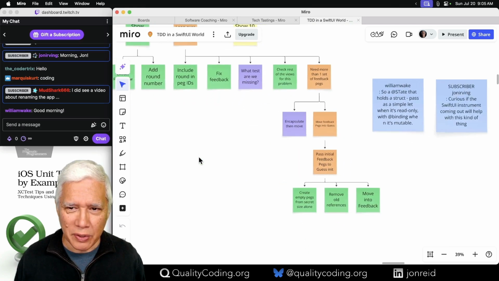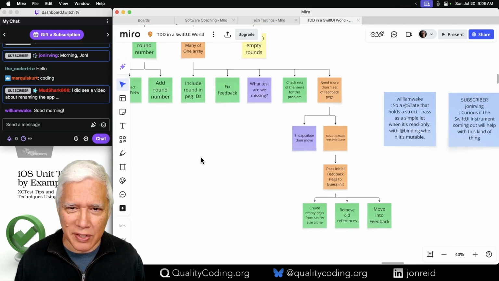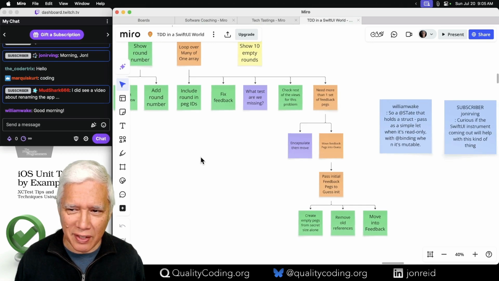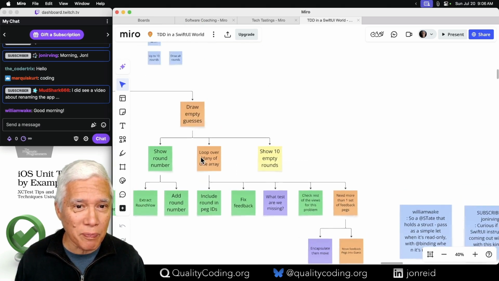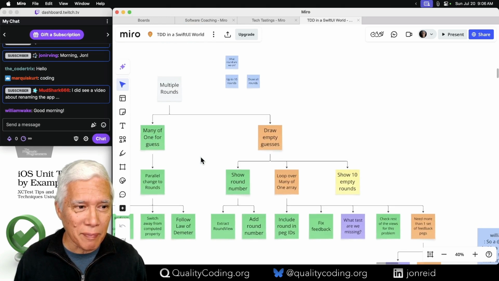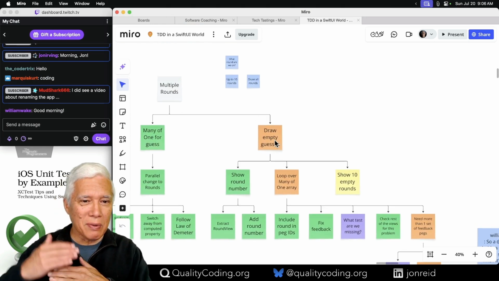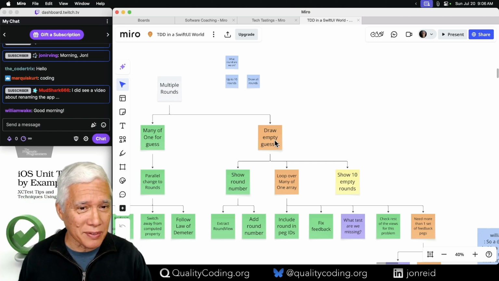What are we trying to do? The tree is actually a little kind of confusing right now because it's easier to see it in the code, I think. We are trying to show, in Mastermind, multiple rounds.